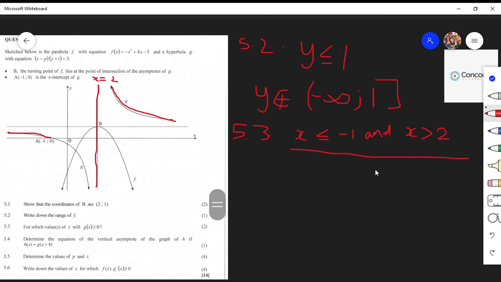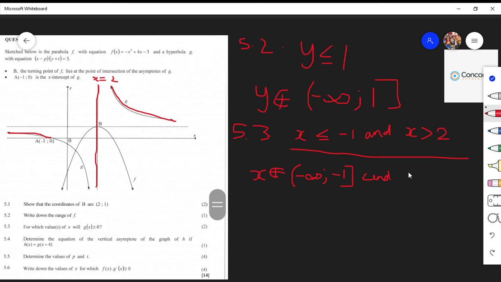And another way of representing this would be x, an element of real numbers from -infinity all the way to -1, and we have our square brackets because we're including -1. And we can have